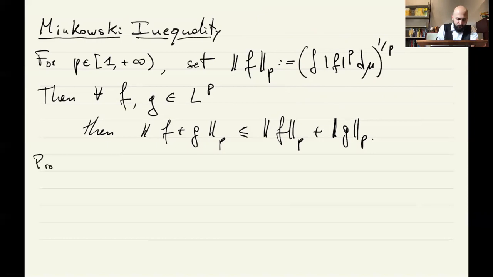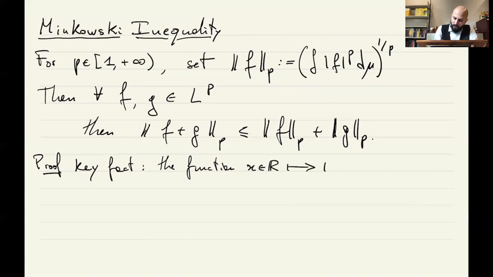Proof. The key point here is the fact that the function x in R going to x to the power p is convex. This would not be true if p is less than 1. So this is a convex function, and we will really make use of this. Okay, down the page. If I take lambda between 0 and 1,